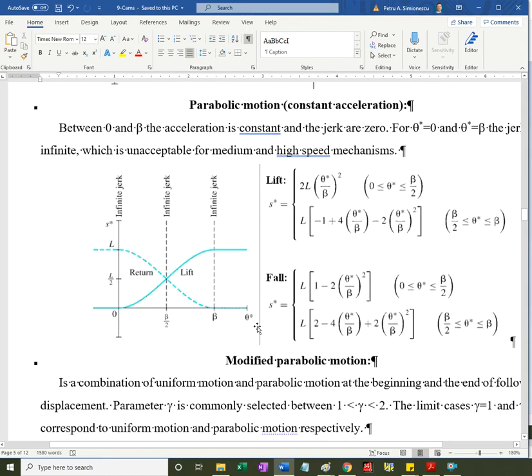Parabolic motion, constant acceleration. This is where we have a better blending in. As you can see here, the jerk is infinite, acceleration is finite. Still not the best follower motion for high-speed cams. The lift is sort of the return, the fall. As you can see, they are piecewise continuous,